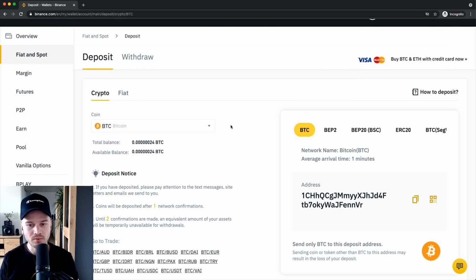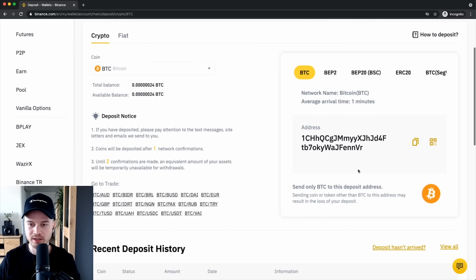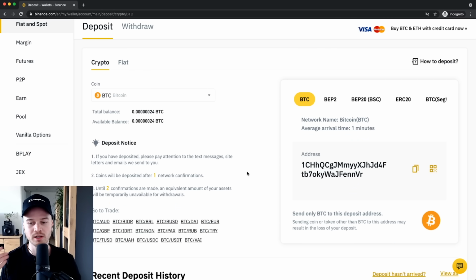So it's very important that you focus here and then you actually choose the correct coin and send the correct coins to the correct addresses here. So I'm going to choose Bitcoin here, and then this address right here is the address that you want to send your Bitcoin to. So you can just click on copy address right here, copy it whatever you're sending from, and then confirm, and then the Bitcoin will get into your Binance account within mostly like 10 minutes or something,